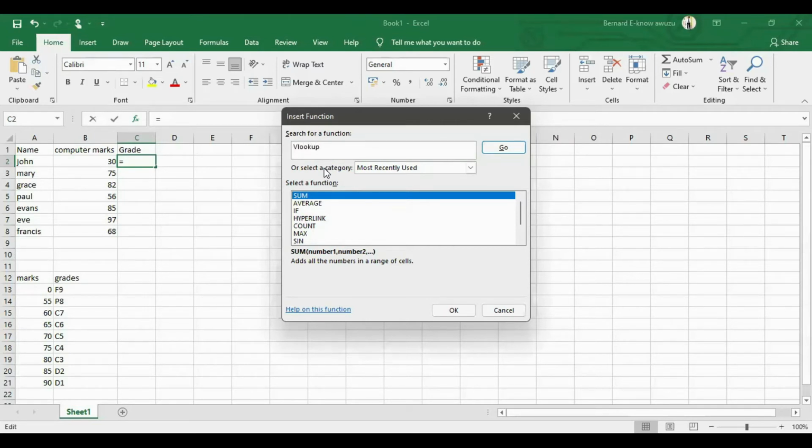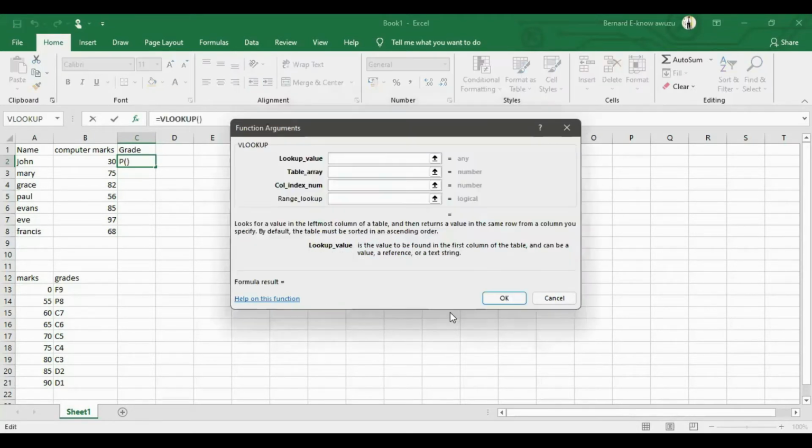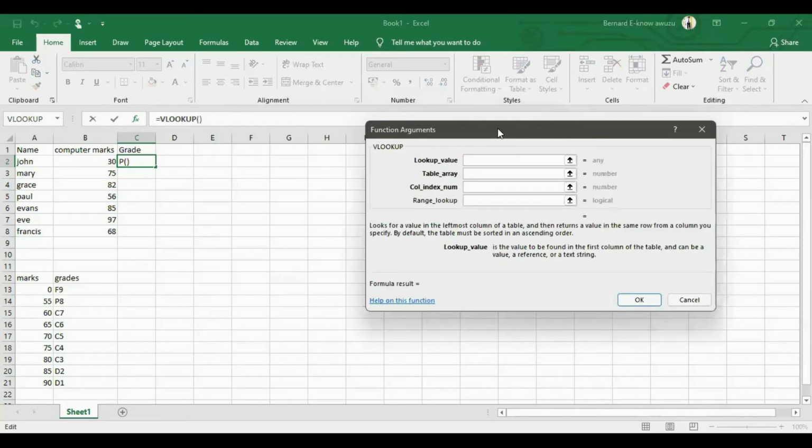Now, since I've typed the word and the spelling is correct, when I click on Go, it looks for the function. If it's available, it's going to bring it here in this other part. So we have Vlookup there. Now, the next logical thing to do is to click on OK. Once you click on OK, a second dialog box appears. Now, I want you to notice what happens in